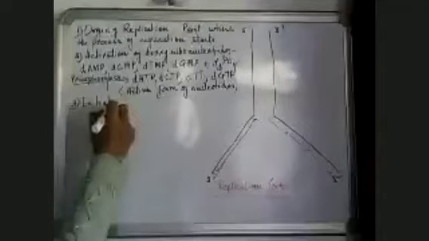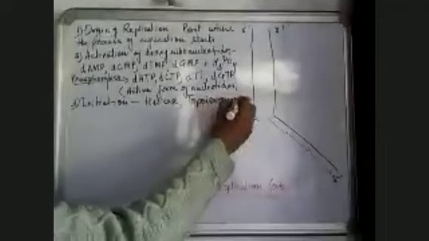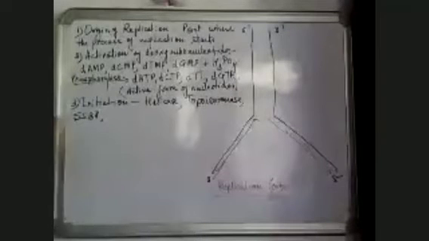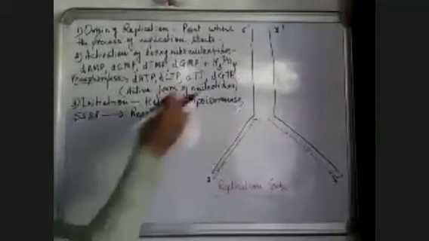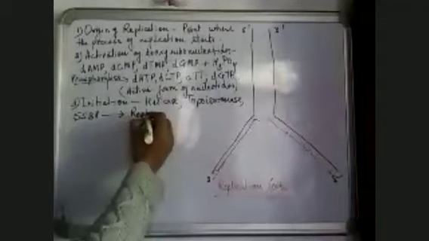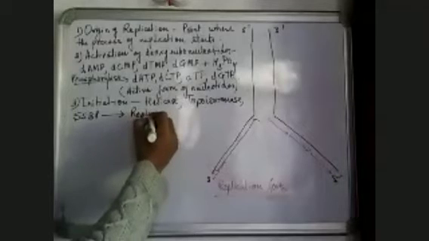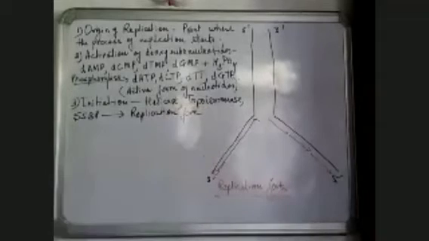Okay, and these are the first three enzymes which come into action. And after that, because of these three enzymes, helicase, topoisomerase, and SSBP, a replication fork is formed. What is formed? See, helicase opens it, topoisomerase removes the tension, SSBP holds it in that position. So it results in the formation of the replication fork. This is the replication fork which is formed as the activity of these three enzymes.